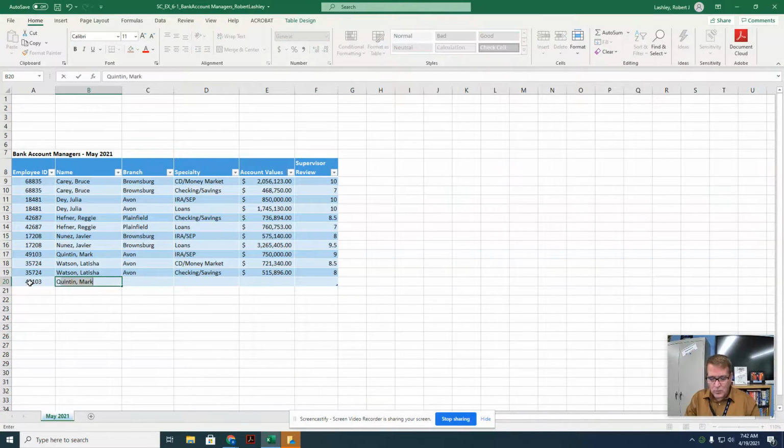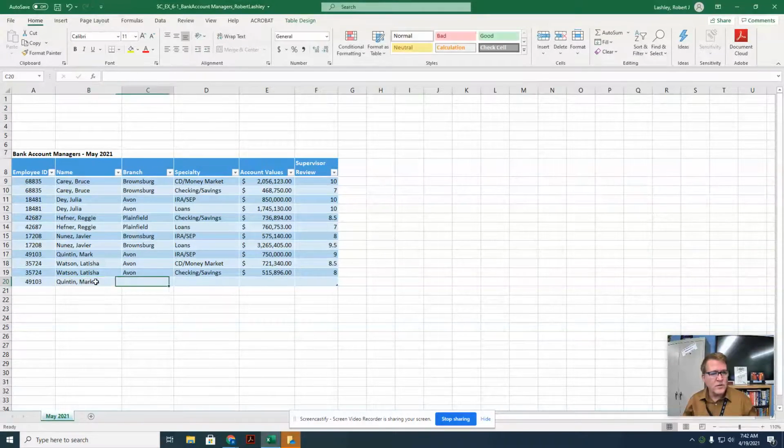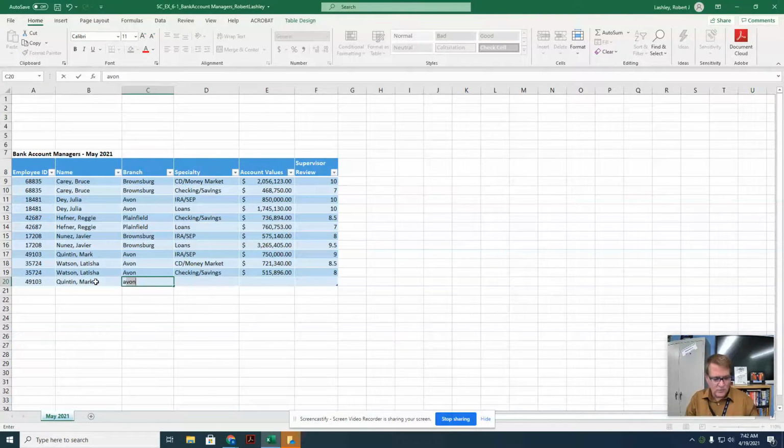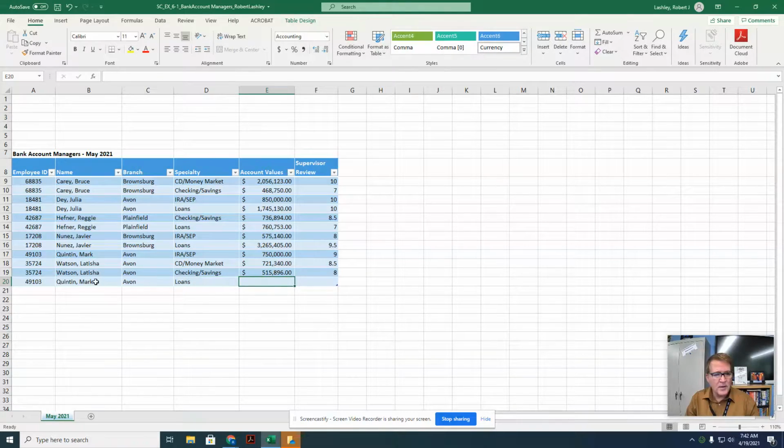One of the things I want to point out is as we type, if we have another name in our same column of fields, then it's automatically going to populate it here. So we don't have to type the whole thing in. We can just hit tab and it'll go ahead and put the rest in. And then of course we have Avon. We've used this as a branch several times. I'm going to hit tab here, and then I'm going to keep on typing, and I'm just going to use